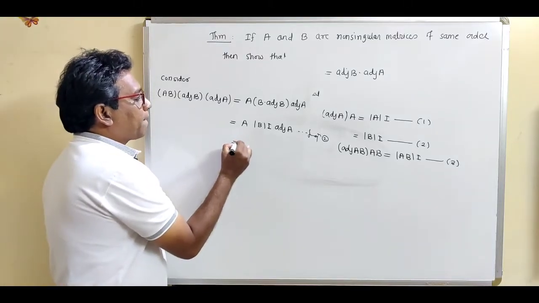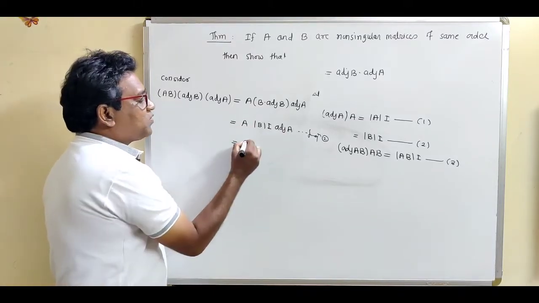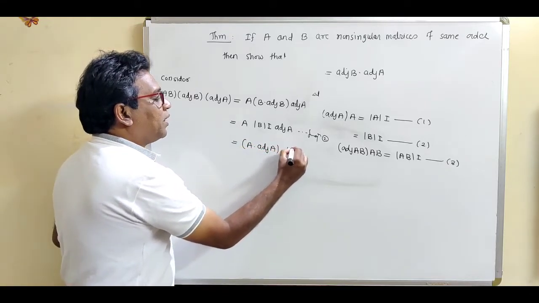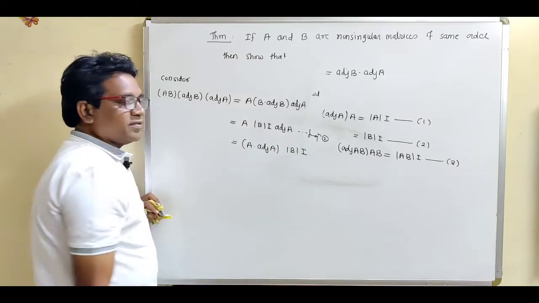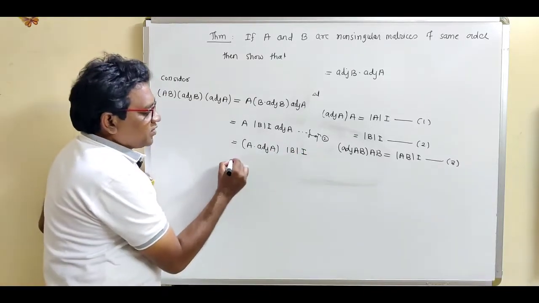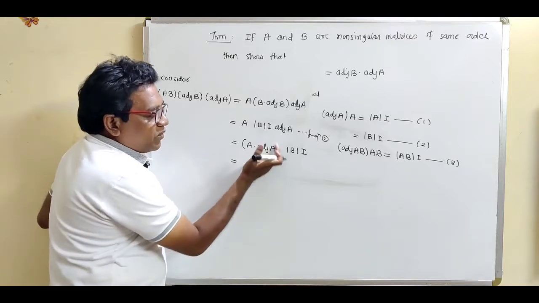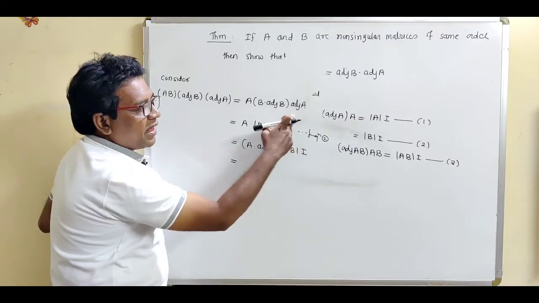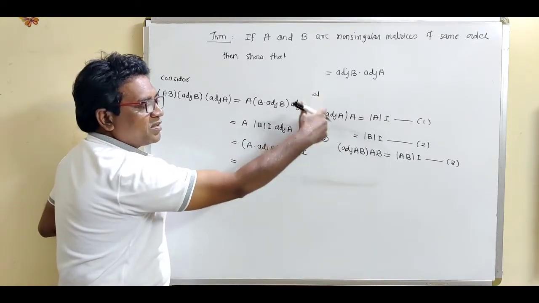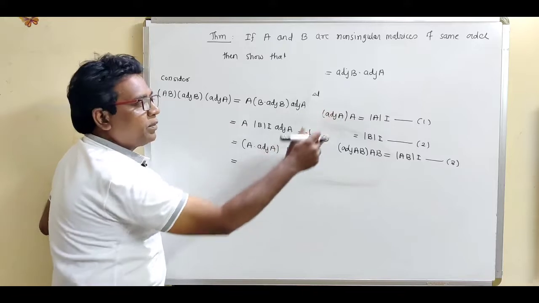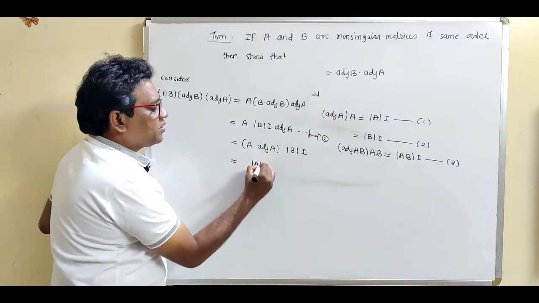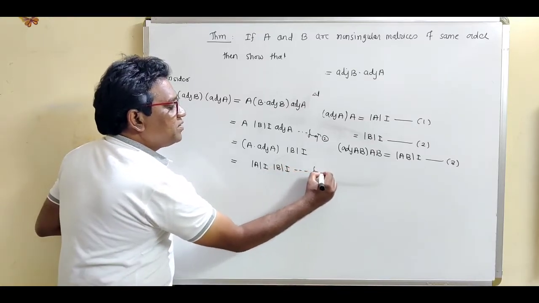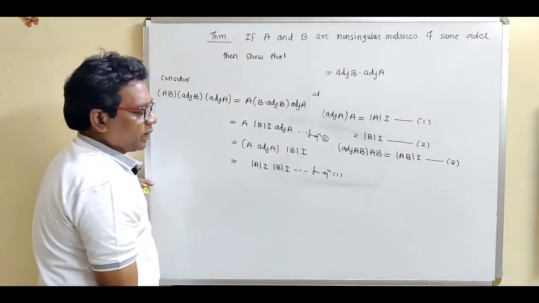This is equal to, now associate these two matrices in one bracket, A and adjoint of A, into determinant of B into I as it is. So this is equal to, now from equation 1 put this value. What is equation number 1? This is A into adjoint of A. This is same as adjoint of A into A, and what is the common value? Just put that common value. This is determinant A into I, and this is same determinant B into I. So just give the reason. This is from equation number 1.